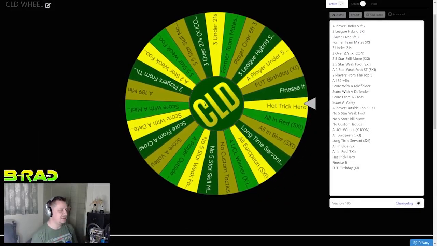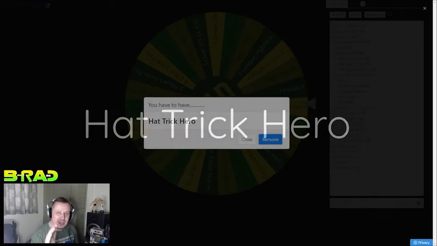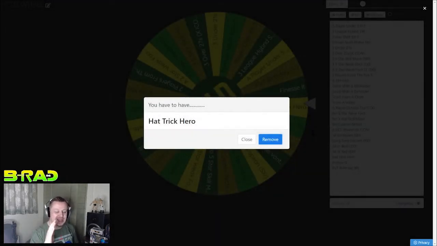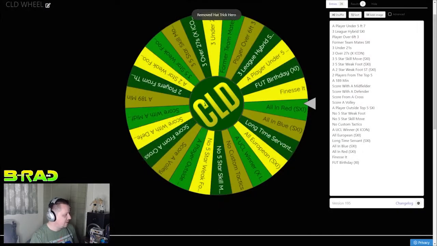Okay, so this one is an in-game one, and this is hat-trick heroes. So I need to try and score a hat-trick with one of the players in the team to achieve that criteria. Now, obviously, if you're 3-0 up, probably if you even get to 2-0 up, some people might rage quit. So this one could be a really tough one to achieve. The next one,